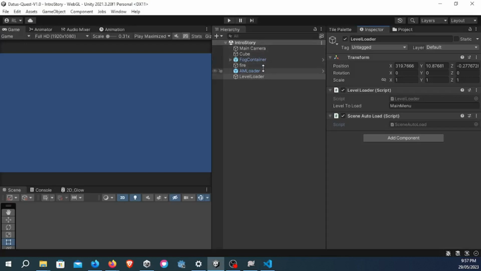this intro story main camera, and I have a level loader object. So you'll see I just have some simple objects here, and I have a level loader for the main menu, which is going to automatically transition me to my main menu after the animation that I'm working on here will be finished. And the level loader will be having another script that we can call scene autoload, and this is